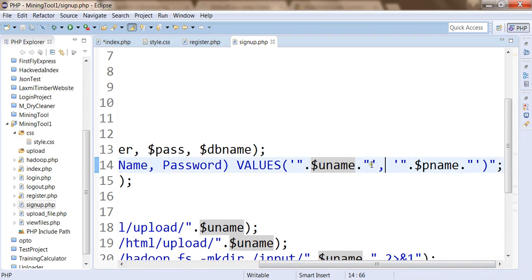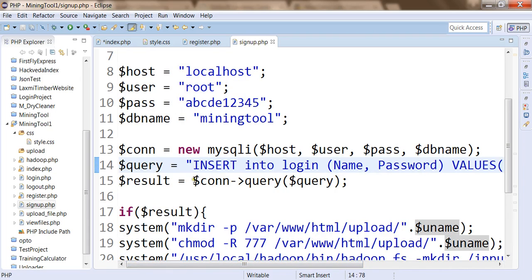Within this string we are appending a single quote which is going to make this $uname variable a string, and this will be the next single quote start for the password. Then the password will be concatenated, and then a single quote will be used in order to store $pname as a string within the MySQL database.